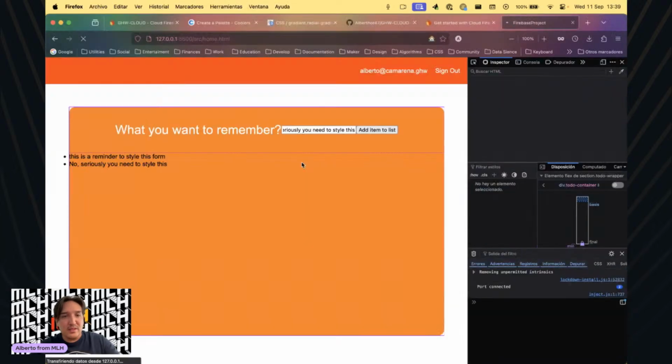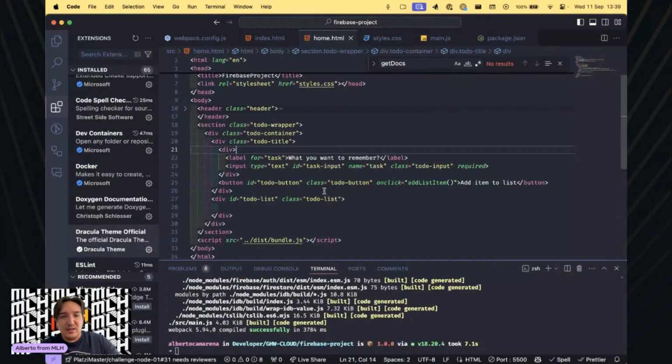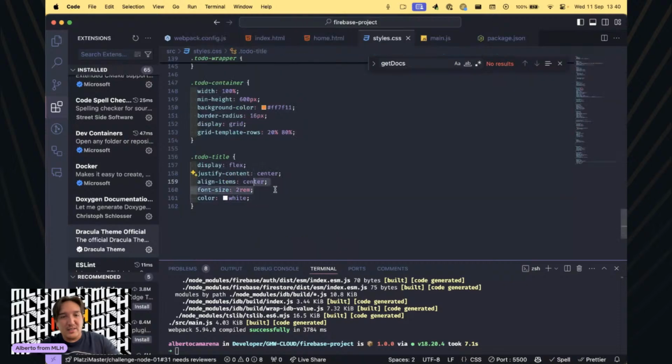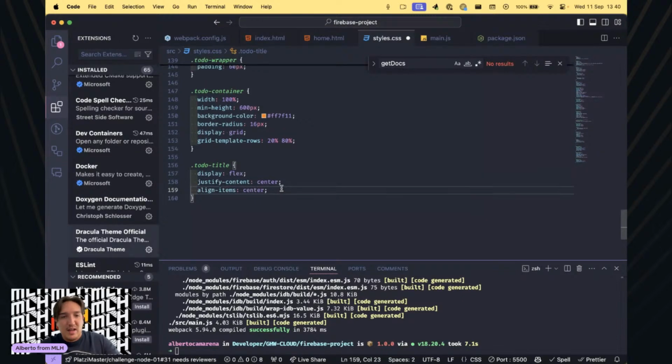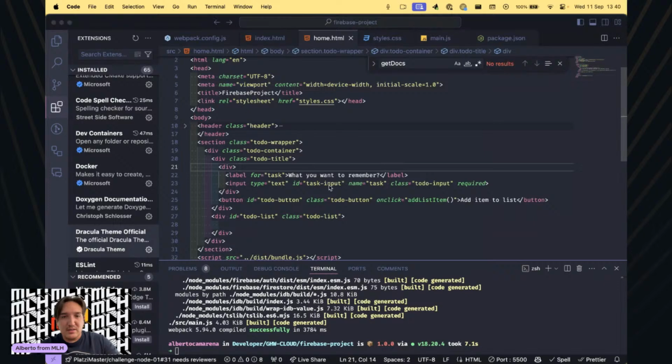So okay, nice. Font size. No, I don't want to check that font size. The color. I mean, I should change all the colors here. Not only that,